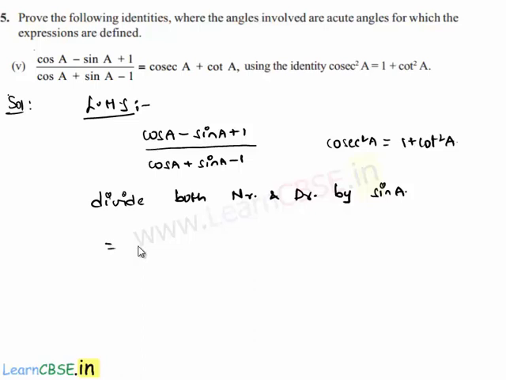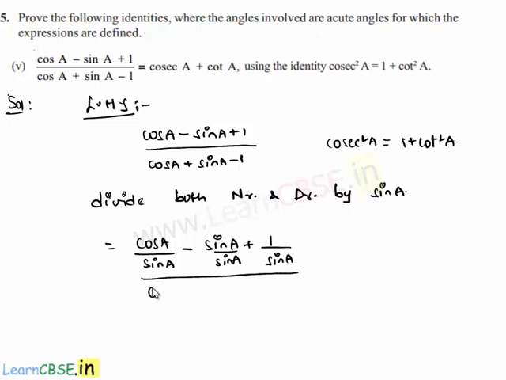Then we get the expression as cos A by sin A minus sin A by sin A plus 1 by sin A, whole divided by cos A by sin A plus sin A by sin A minus 1 by sin A,